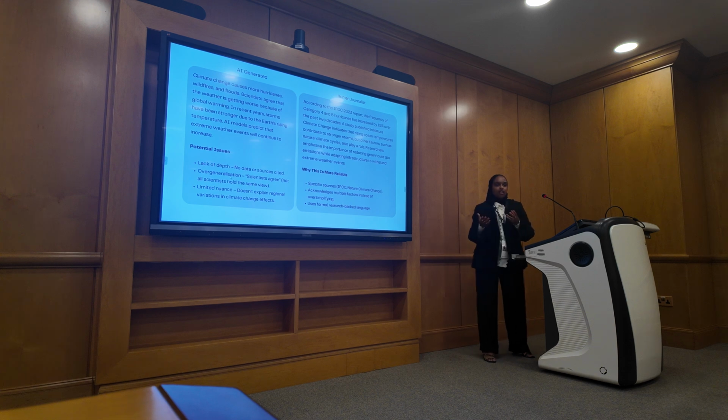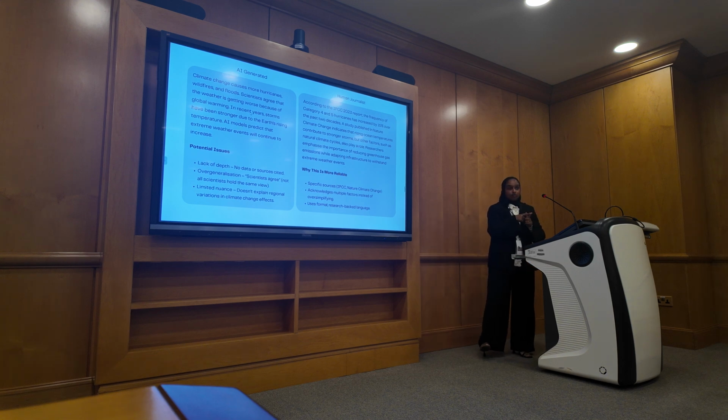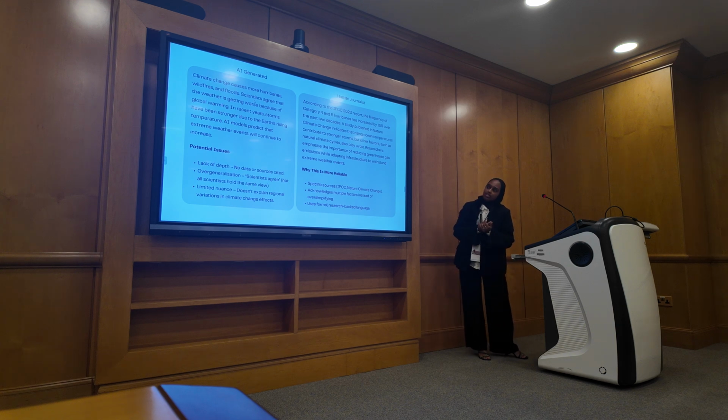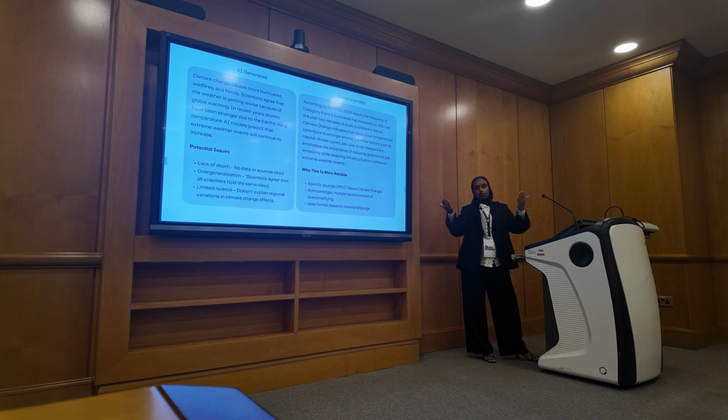This one's a bit more generalized, it's saying scientists agree. What do they agree on? Who are these scientists? I see this a lot in ChatGPT, especially where it's just very blanket statements. You can't do this in academia, right? And students, if they just copy and paste this, won't realize that this is not how you can write a research article. So just kind of showing the difference, and maybe an activity could be just printing two things out